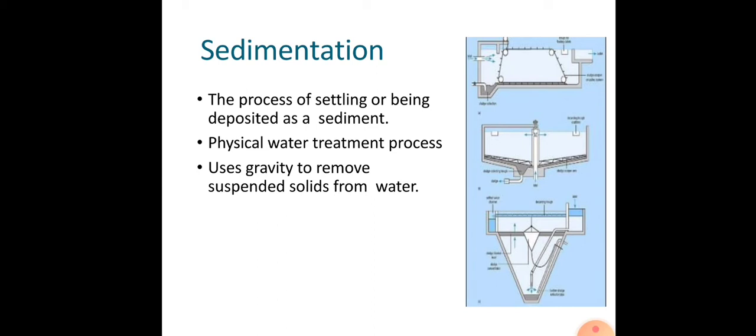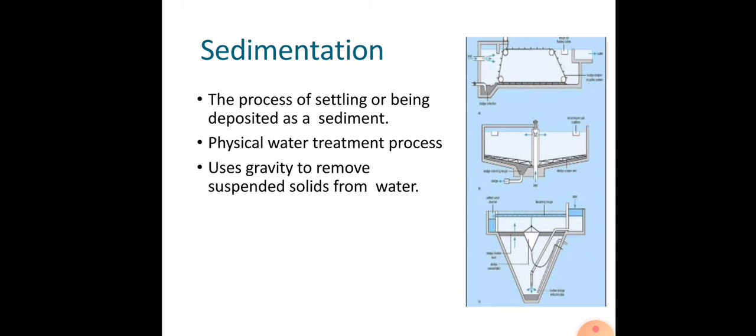Whereas in sedimentation with coagulation, also known as clarification, we add some chemicals or other substance to the water, so that it will increase the speed by which the particles can settle. This is especially in the case of colloidal matters. When colloidal matters are present in water and you add a coagulant, these particles will react with the coagulant and form flocs, which will finally settle under the force of gravity. This operation we call sedimentation with coagulation, or simply clarification.